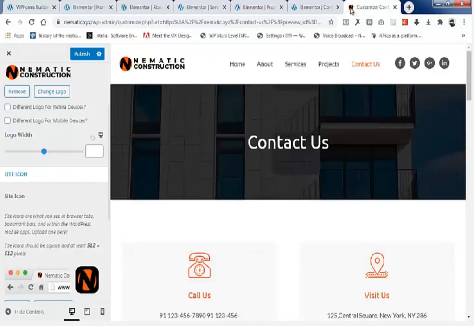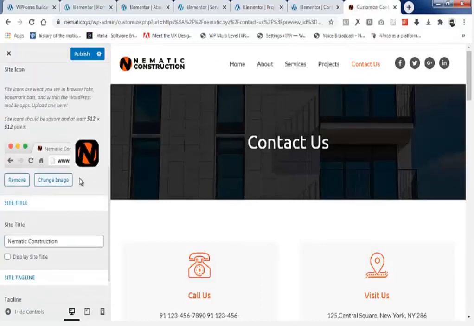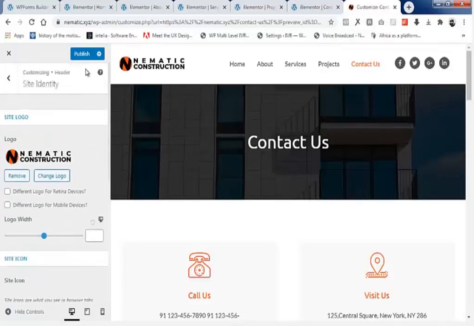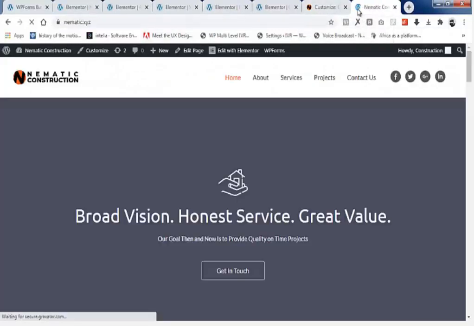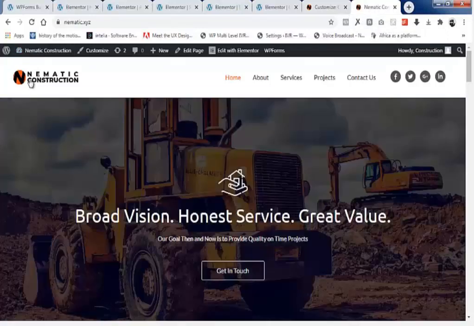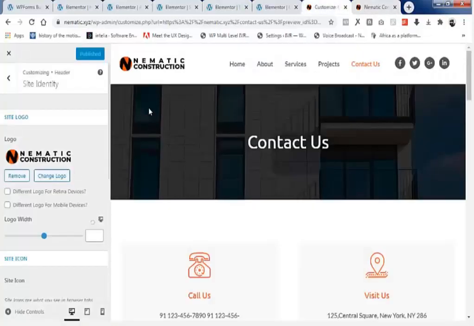Now as you can see here, our site icon has been changed. So once you are done with that, you can just click on publish. Okay, so if you return back to your website, now as you can see, our site logo has been changed. Also, our site icon has also been changed. So here we have successfully edited our logo and the site icon.